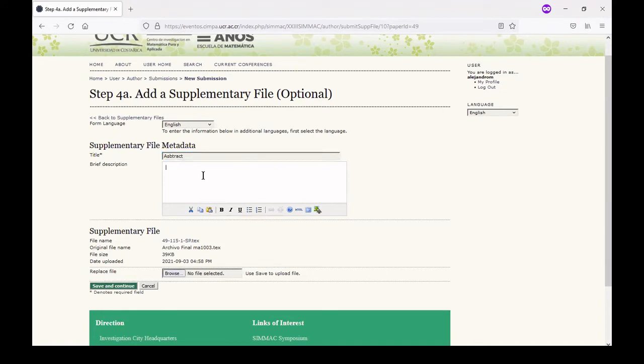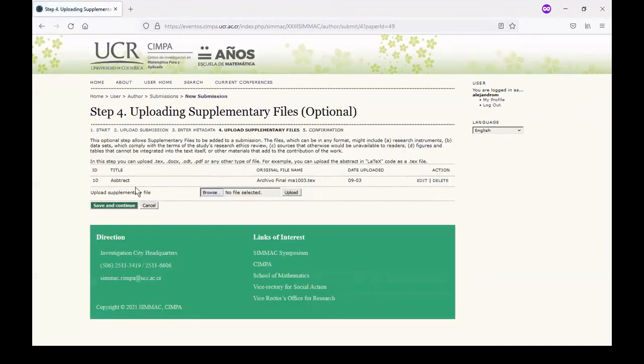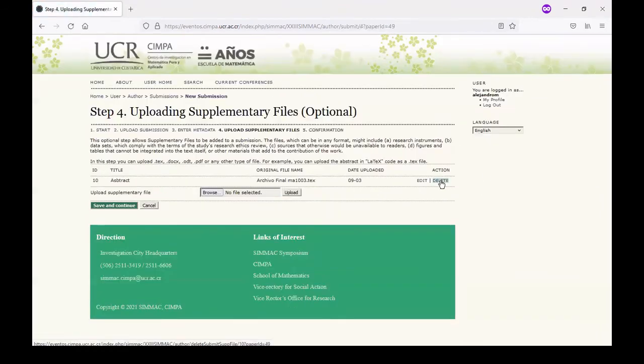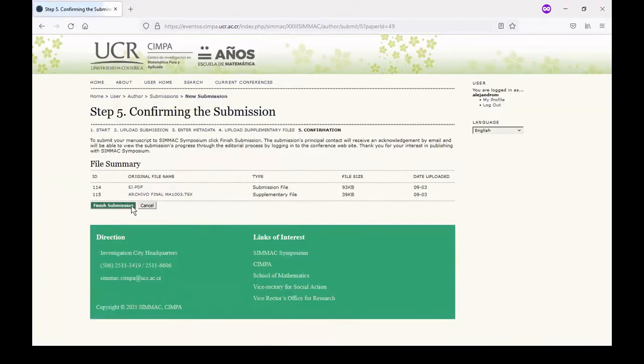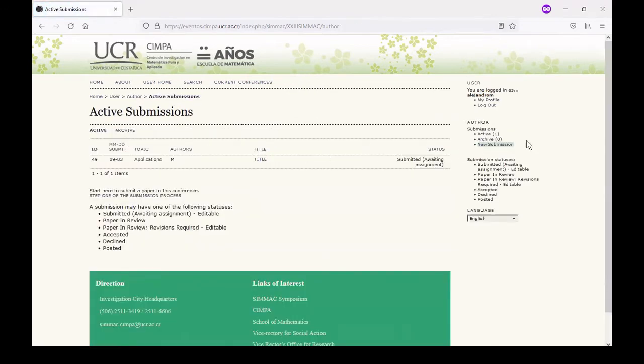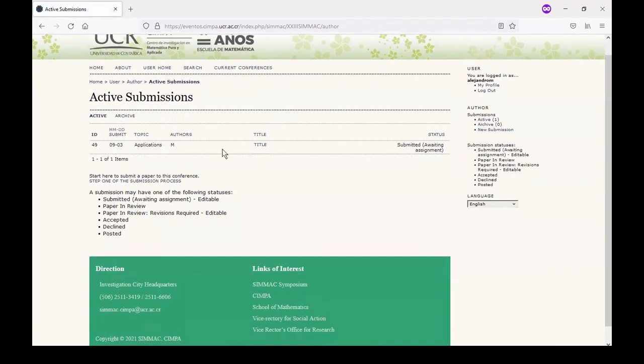And we can change the file, add a brief description, enter information in Spanish if you want, and we continue. We can add more supplementary files, more than one. We can edit this one, or we can delete. But right now, I will just continue. And here we can confirm all of the files that we uploaded, the submission file and the supplementary ones. Now we finish the submission, and we can go to the active submissions, where we can see the submissions we